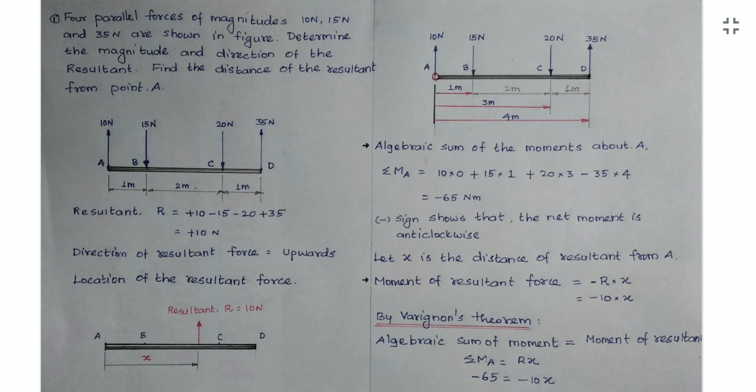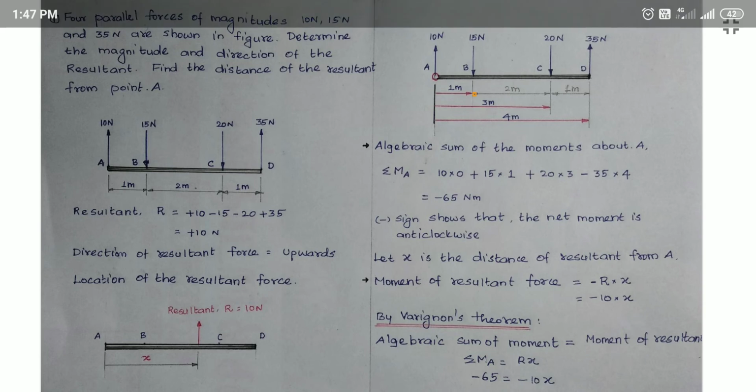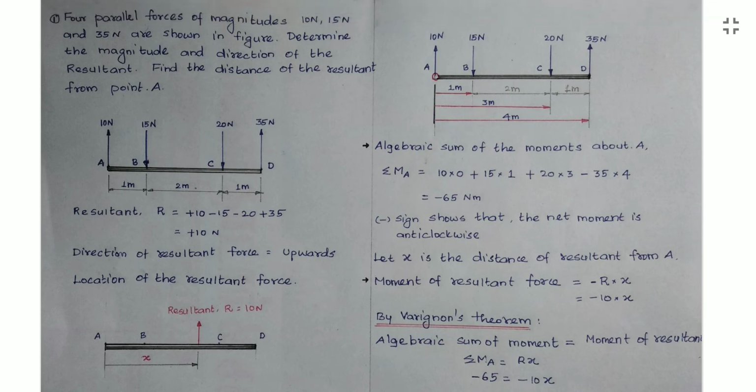Then consider this 15 Newton force. It is acting towards down, and it rotates the body in which direction? In the clockwise direction, right? So we have to put plus. If it is clockwise, it is plus; if anti-clockwise, it is minus. So this 15 Newton force rotates the bar in the clockwise direction, so I put plus here. Then the force value is 15 and the distance is the distance of the point of application of the force from the hinge point.